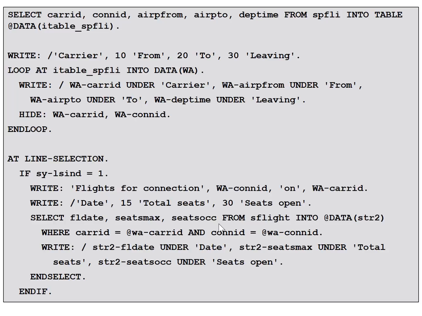We're writing out the work area values, but then notice this: in every line, we're going to hide the carrier ID and the connection ID associated with that line. So if you think about it, I've got to figure out what data I want to hide. Well, now I have my event handler. Line selection if sy-lsind equals 1. So I'm going to write out flights for connection, and I'm going to write out the connection ID